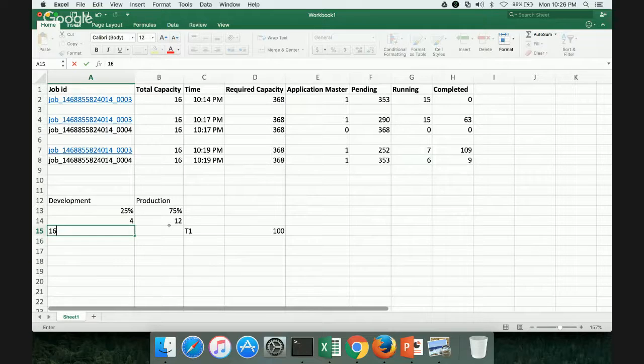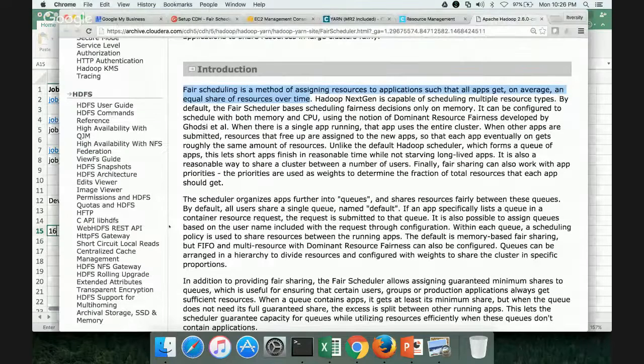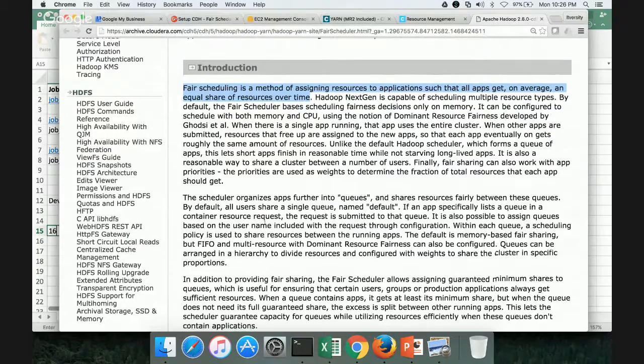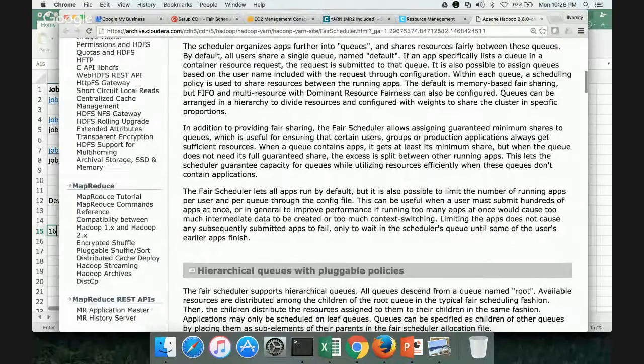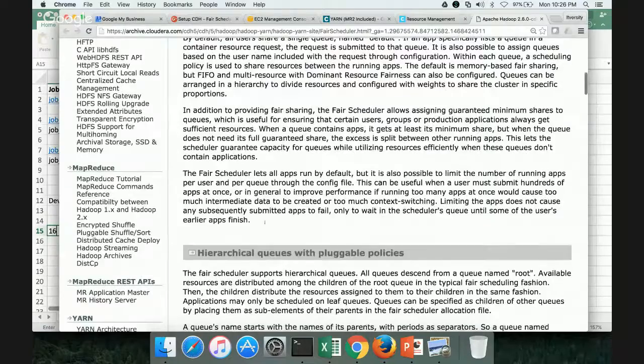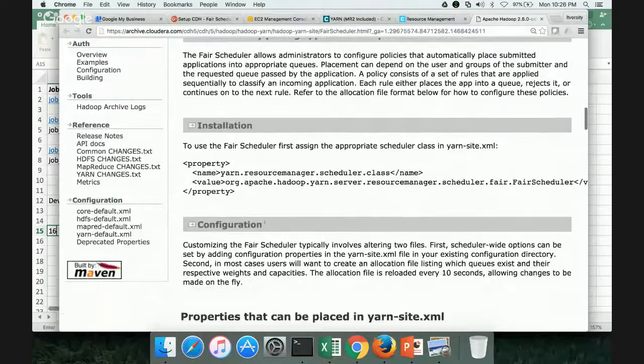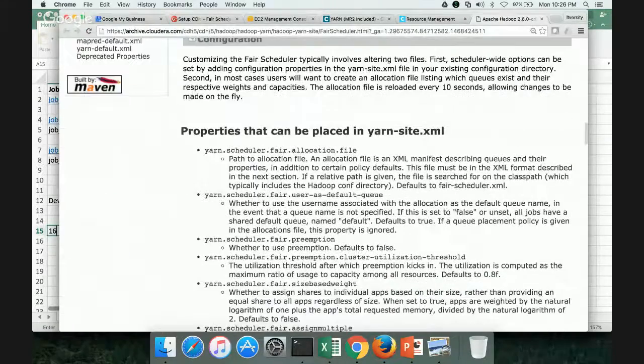Only when there is a contention, then it will decide to allocate a minimum amount of resources for all the queues that are defined as part of the fair scheduler. This is one more very, very important point which you need to remember when it comes to the fair scheduler, and this is defined by queues. By default, there will be only one queue named default, but if you want, you can create multiple queues. And the way you can create queues,